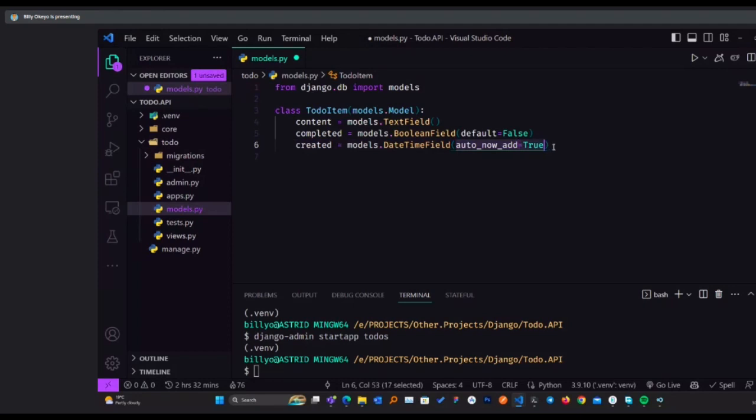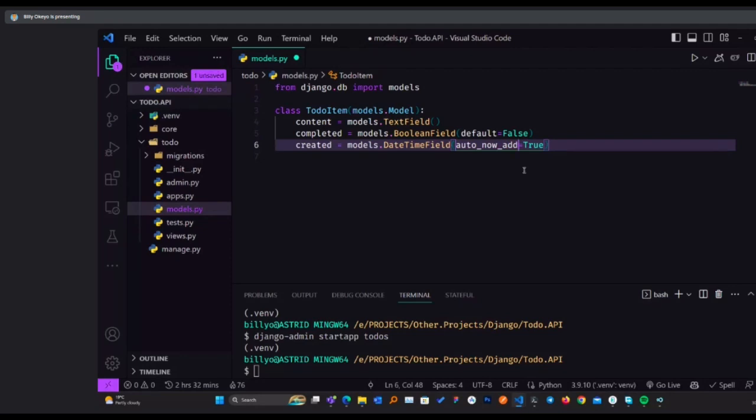So there's another, it is auto_now=True. The difference between these two is that auto_now_add=True will act whenever you're creating a new instance of that. So let's say you're creating a to-do item, auto_now_add=True will act whenever you're doing the creation.